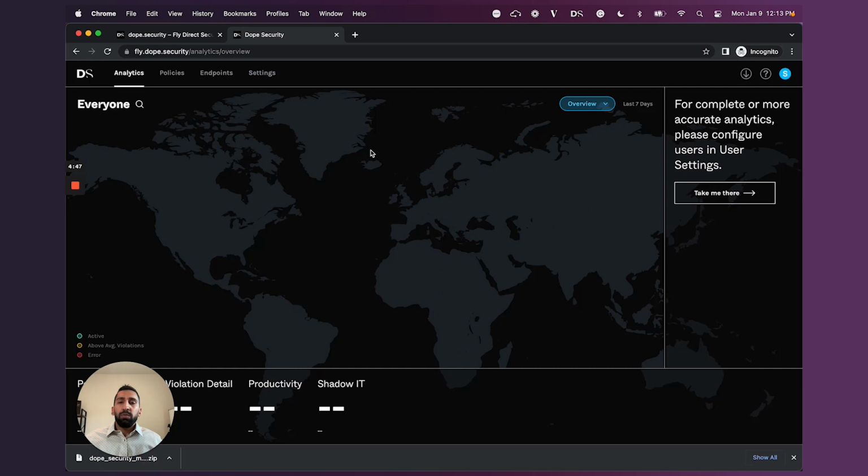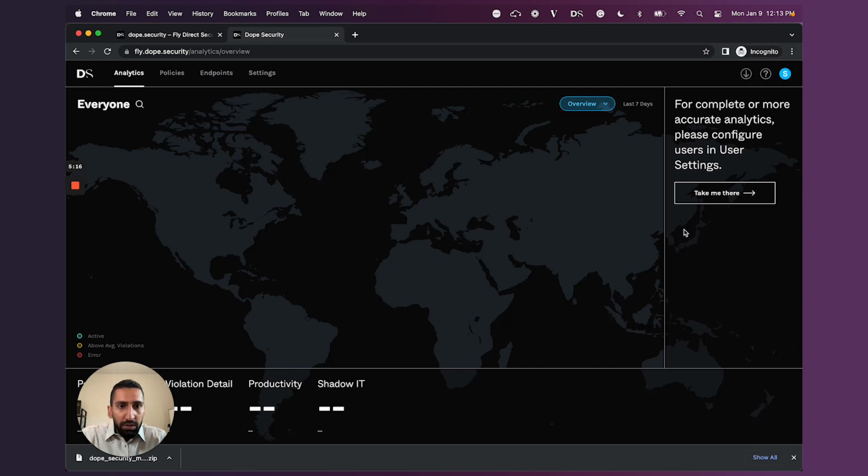Your landing page, once you come to the console, is this beautiful world map. And right now it looks pretty empty, but as you deploy more devices, this map is going to populate and it's going to show you where in the world all your devices are, along with their health status and an informative tooltip. So we can actually take the first step to populating this map, which is going to be to import our users, which is also going to be the final step for this video.